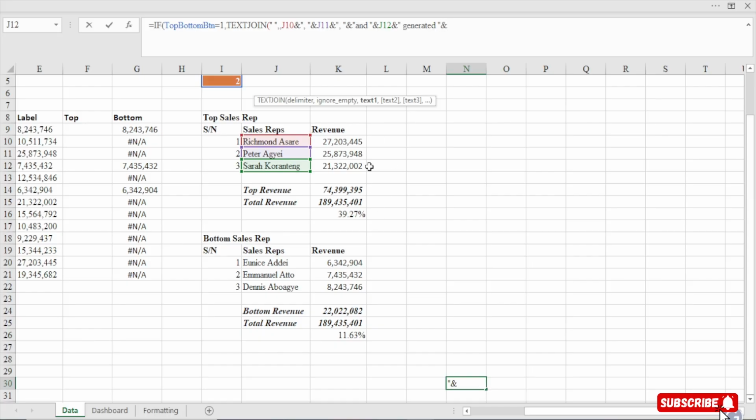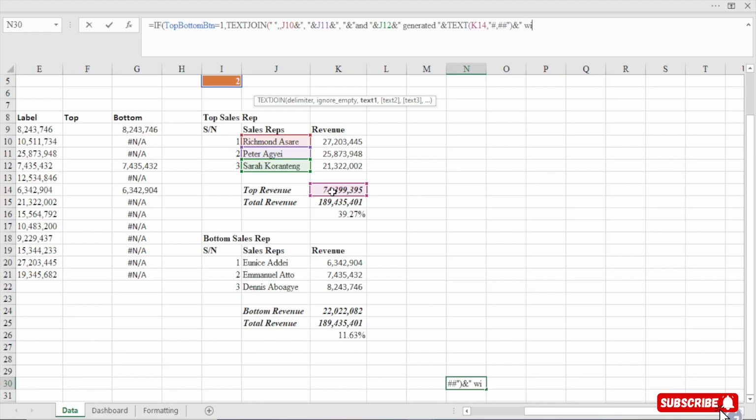So the amount that generated, we are going to format it. If you want to format, use the TEXT function. Format, that is K13, I think this one, comma. The format is going to be hash, comma, hash, close double quote, close it with the bracket and then concatenate it.